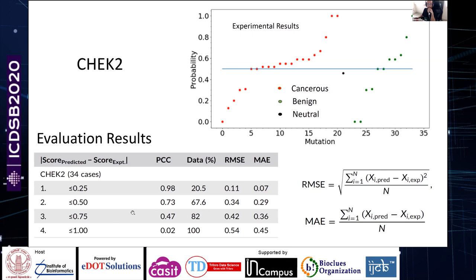If we relax the criteria, then we would say that for about 82% of cases, we have a fair bit of results, but for 18% of cases, our results are anti-correlating, which means you can see the correlation drops from 0.47 to 0.02. So for these mutations, opposite